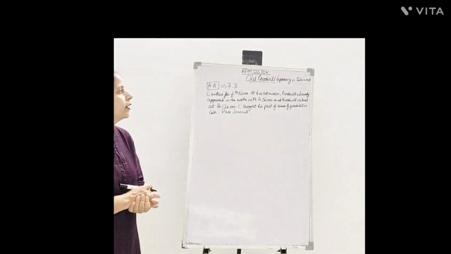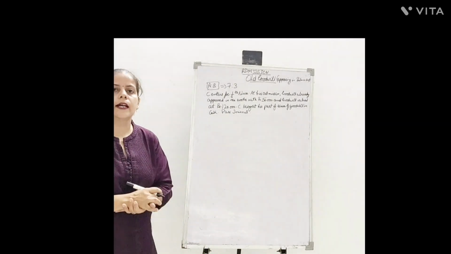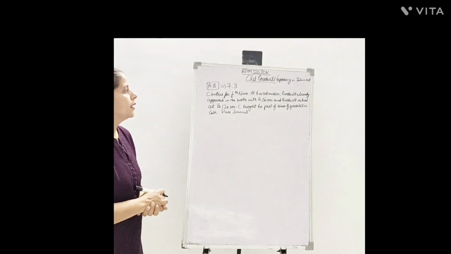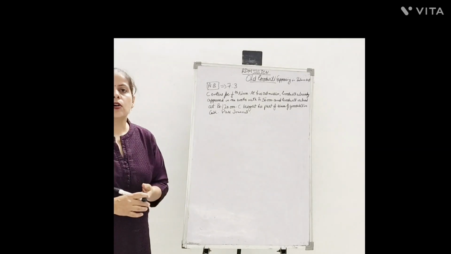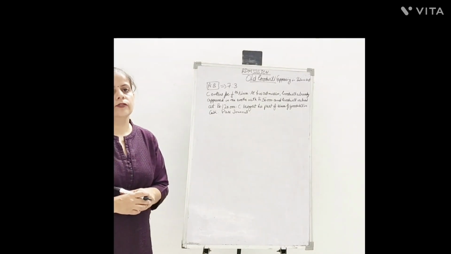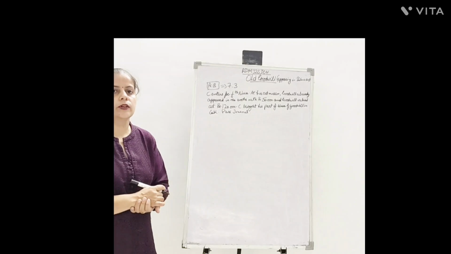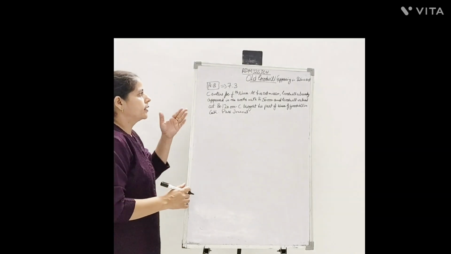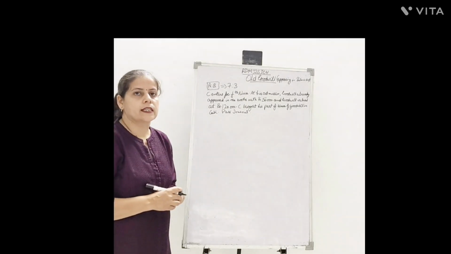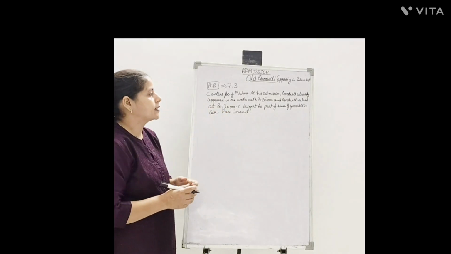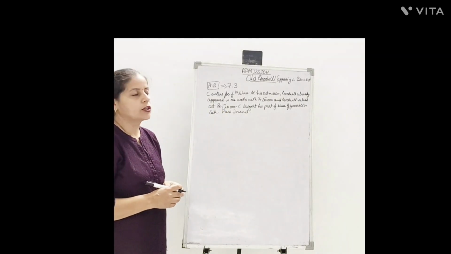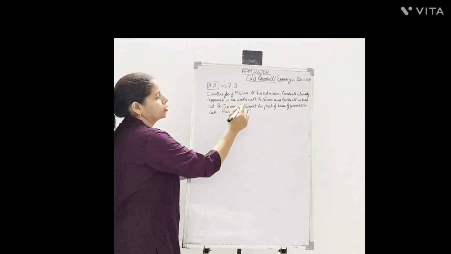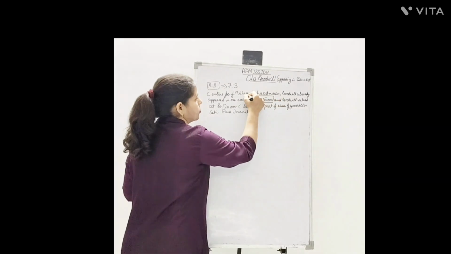Here I am with the topic: when there is a new partner entering into the firm, but the old partners already have a part of the goodwill appearing in their balance sheet. How is it to be treated? We are going to do the same. Here A and B's profit sharing ratio is 7:3, C enters for 1/6 share. At his admission, goodwill already appeared in the books with rupees 50,000.